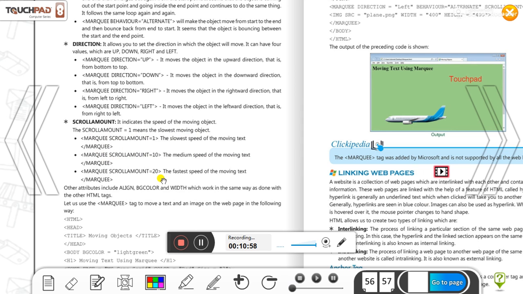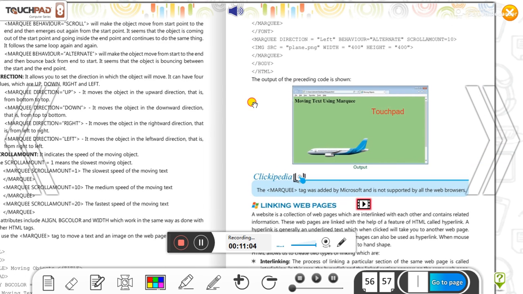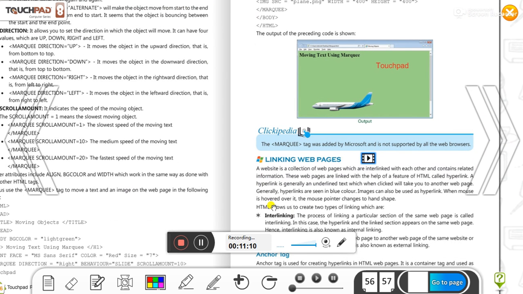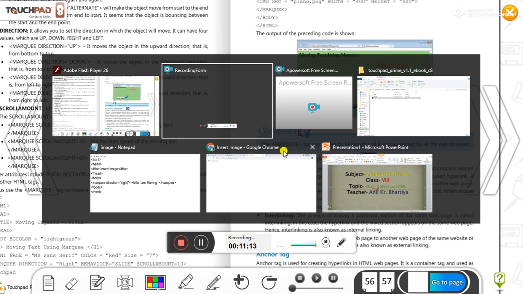If you write 20, it is the fastest speed of moving text. I am going to show you this practically. The next topic, linking web pages, I will explain later.